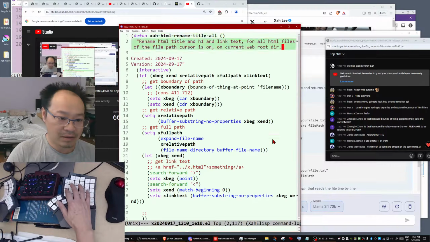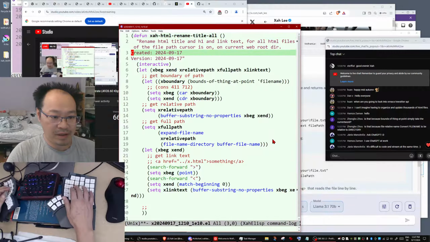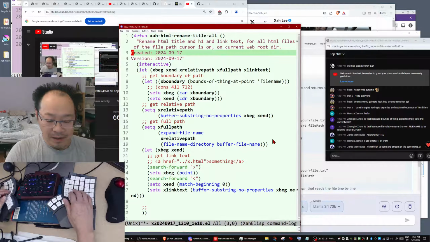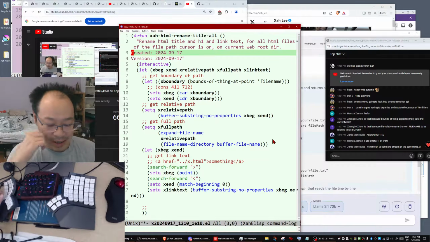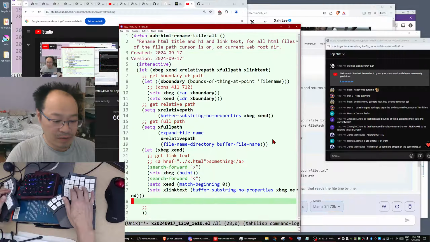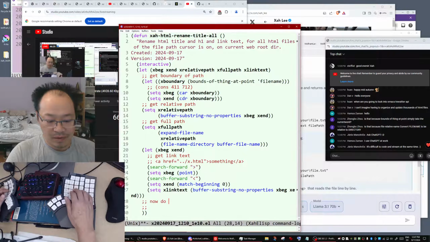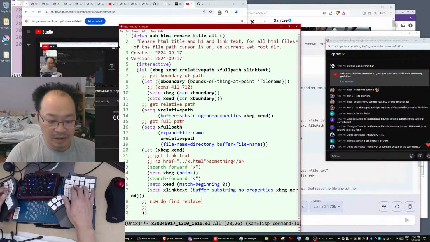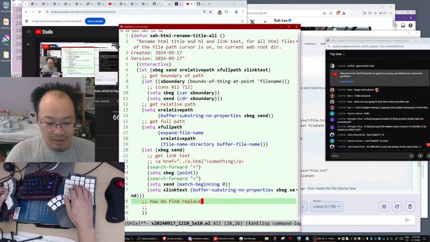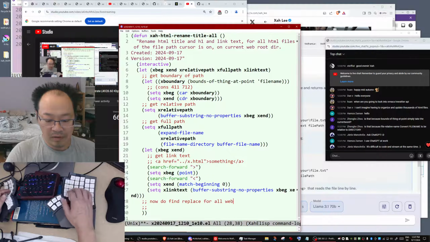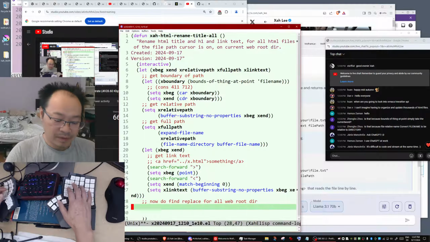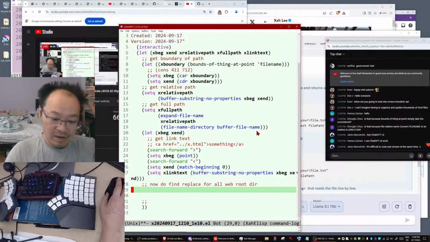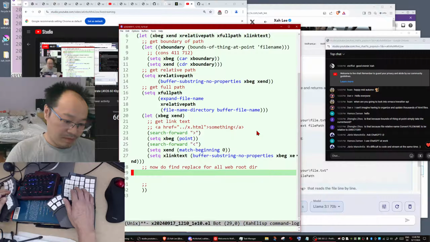Okay, so here's the whole code for today. Now we've got the link text. The next step is to do find and replace for all files in the web root.